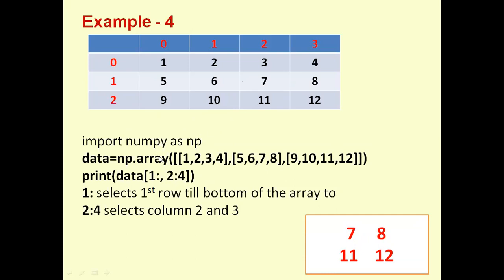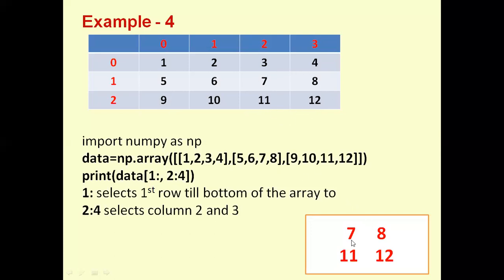This is the previous example. It is also 2D, so these values are different. Here print displays first, the second part is not given in the first. What is this one? From the second, 4 elements you have to retrieve: 7, 8, 11, 12, fourth position. This value is to be retrieved from both indexes.